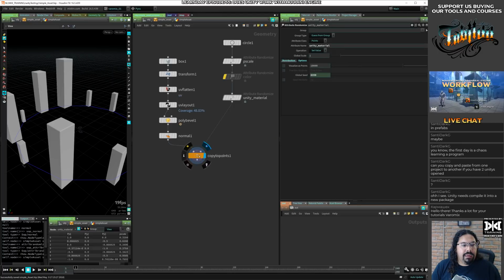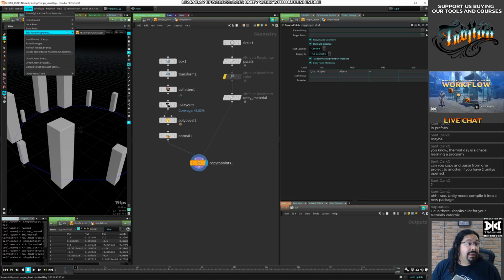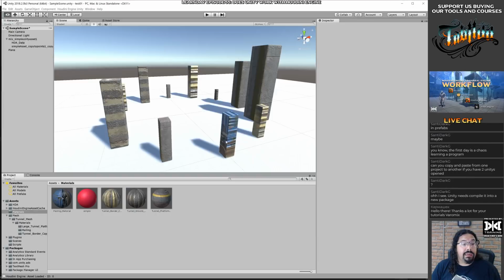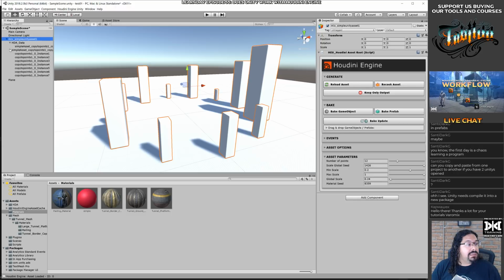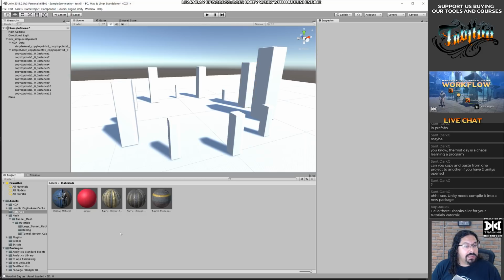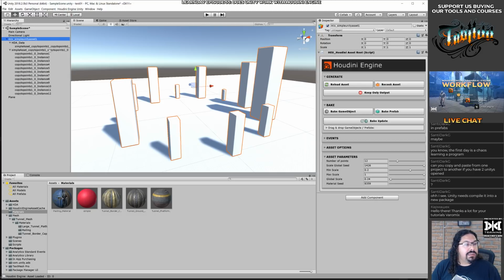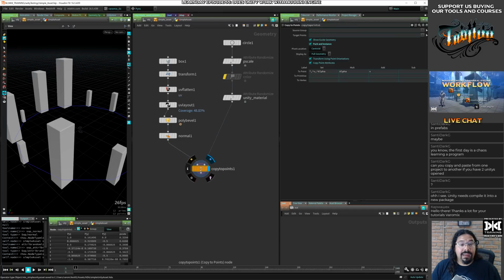Let's see if we just do pack an instance here and see what happens. And save the asset, and let's refresh here. Reload. What happened here? Let's see what the data. So now it says instance for each one, but now I don't see the materials. That's weird. So the materials are gone. So instances don't work. Instances don't inherit the material. Why am I talking like this? I don't know.